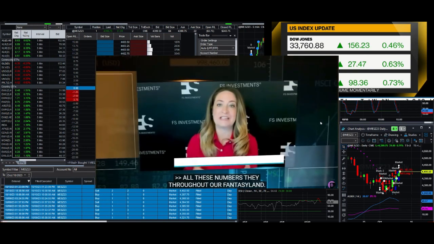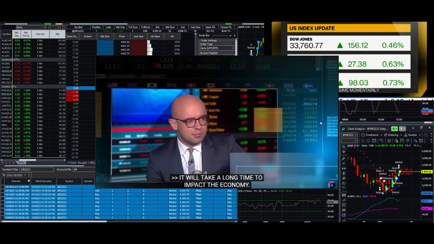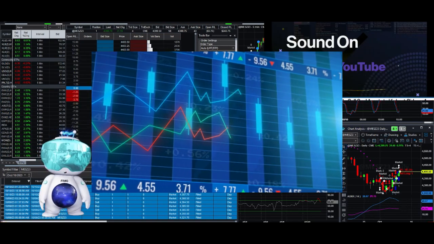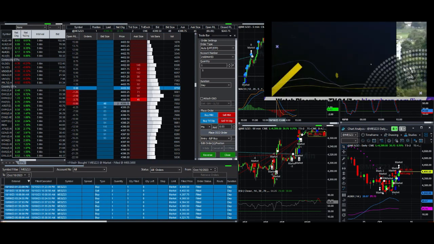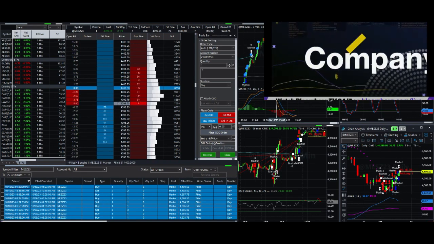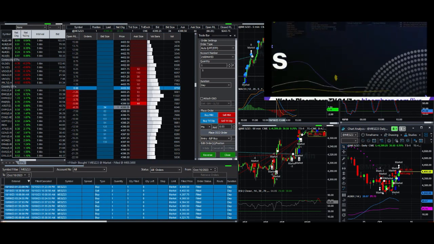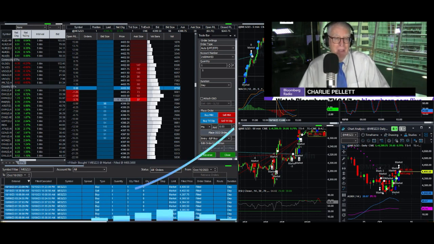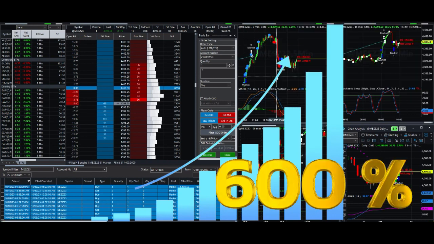I don't spend hours glued to the market news or charts. Instead, I rely on the automated program to handle the heavy lifting for me. It is designed to capitalize on both uptrends and downtrends, ensuring that as long as the market is moving somewhere, we are making money. In just the past 2 years, this strategy has delivered a jaw-dropping 600% return, and today